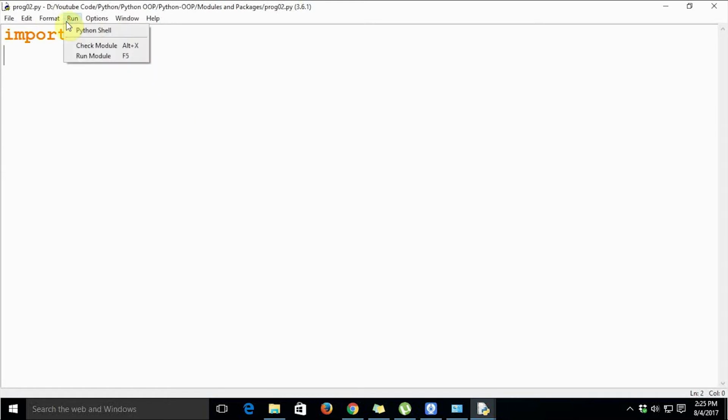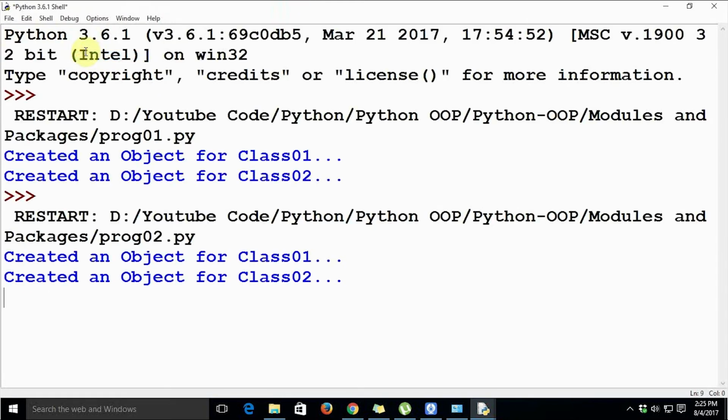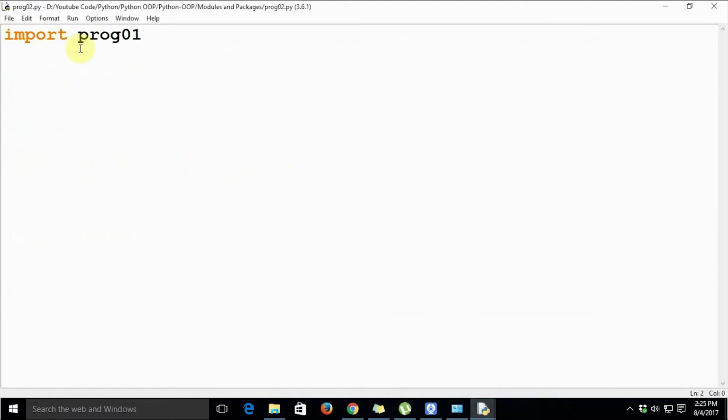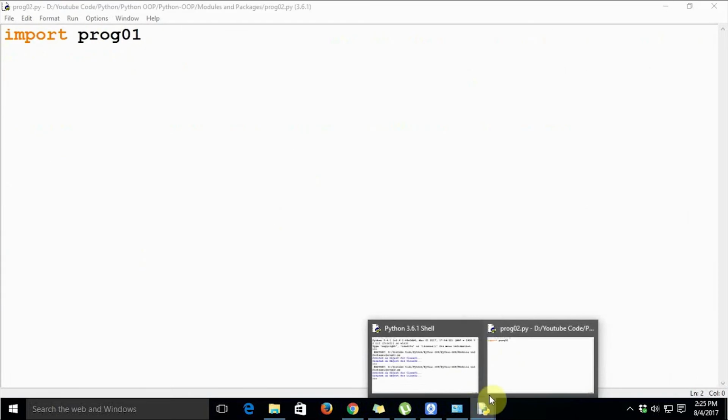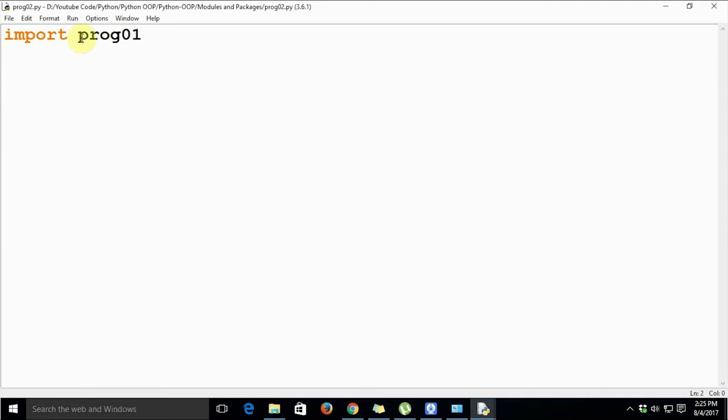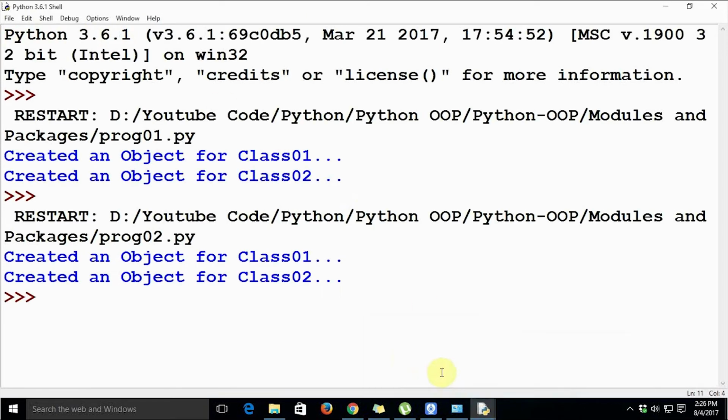When I run this module prog02, it is going to display the same output: created an object for class 01 and created an object for class 02. Whenever you say import prog01, it will import all the stuff that is there in prog01. That's how we use modules. This was a very simple example of creating a module and using it in some other module.